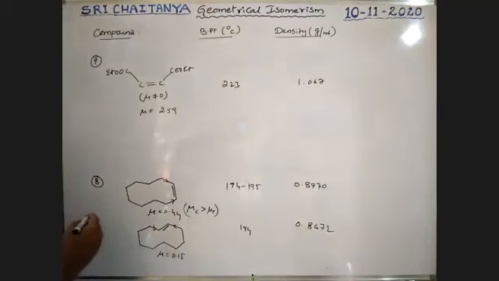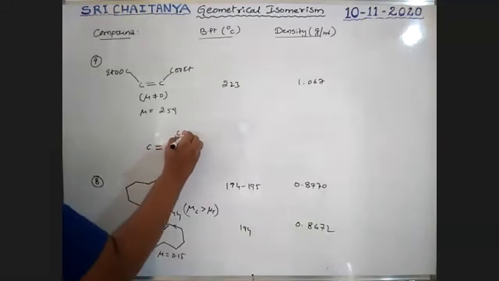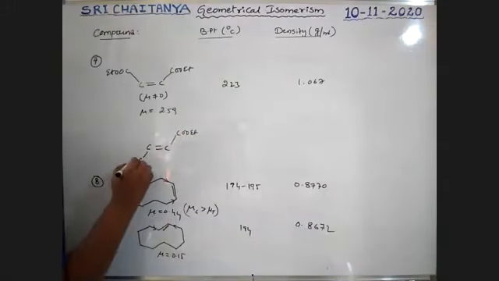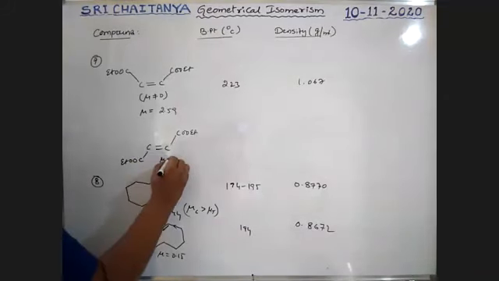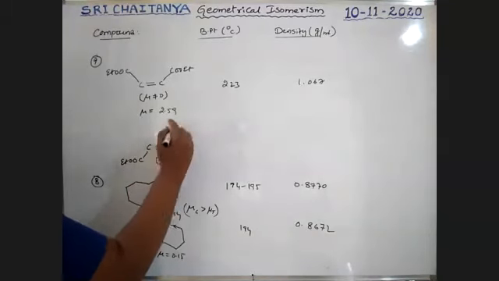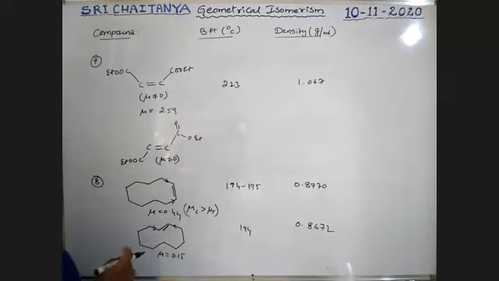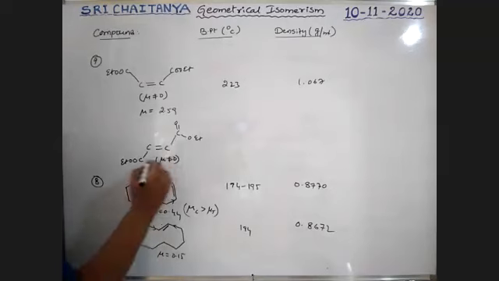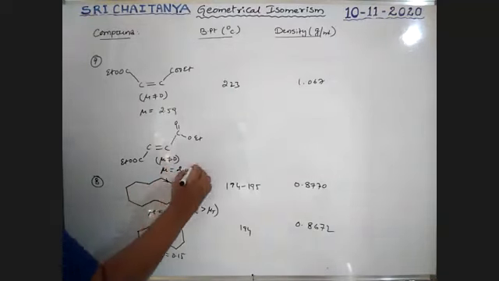So it is 1.067. Next, the trans compound we are taking, boys. So it is a COOEt. Trans compound. This one also has mu not equal to 0. Boys, COOEt means C double bond OEt. Okay. So that's why mu is not equal to 0, boys. So here also mu not equal to 0.